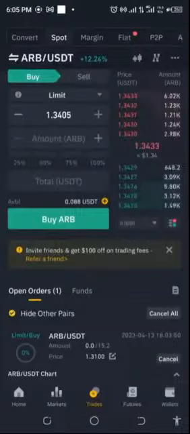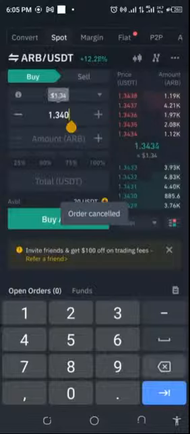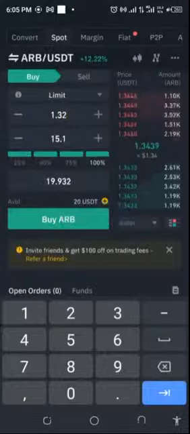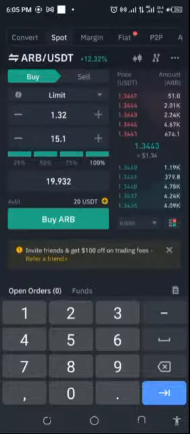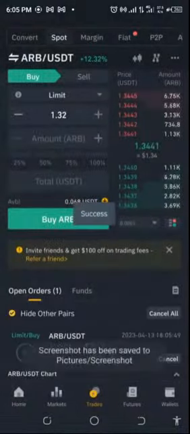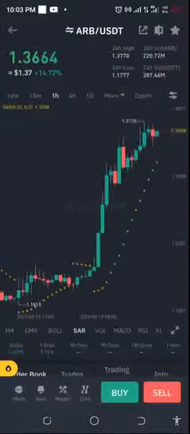Okay, I'm going to cancel that, and then I'm going to set the buy limit to 1.32 and pick up the entire thing. I think that should be fine. 1.32 should look like a considerable amount, and then let's just stay in the queue. I'll be back again with the results. Wow, it's